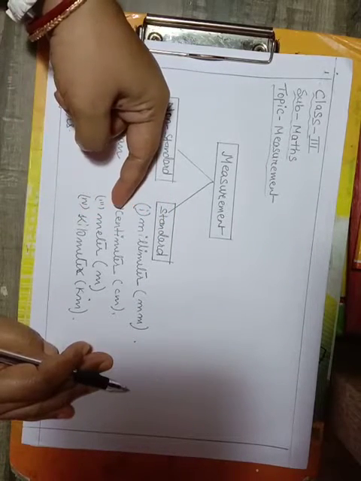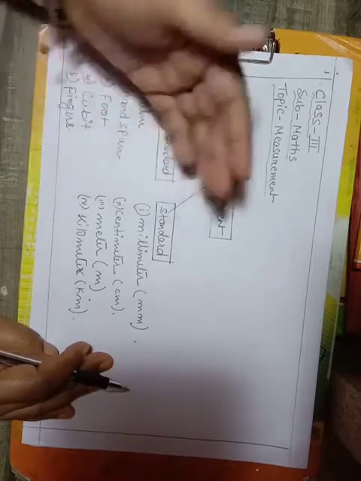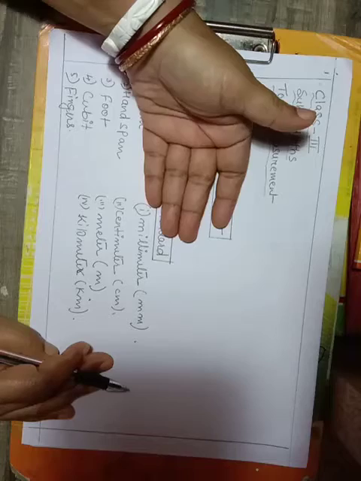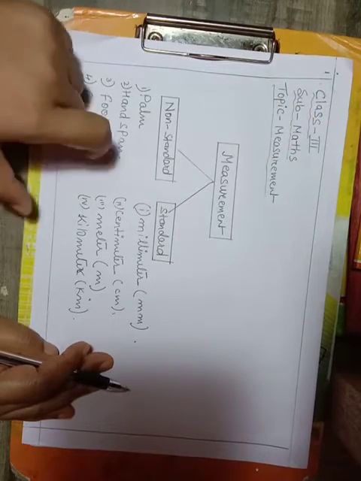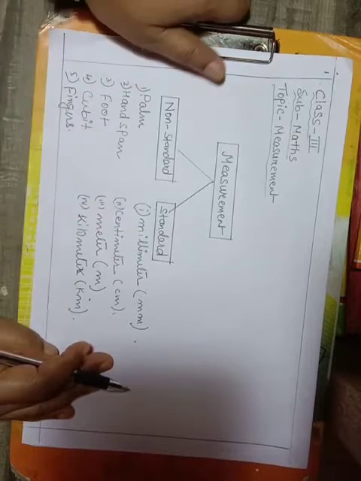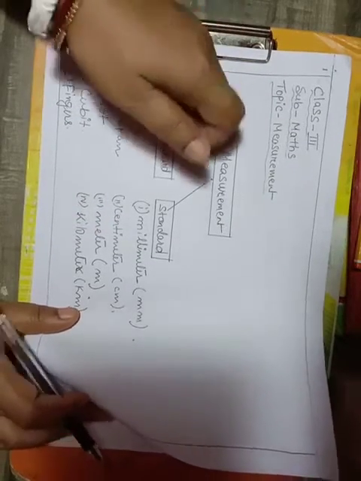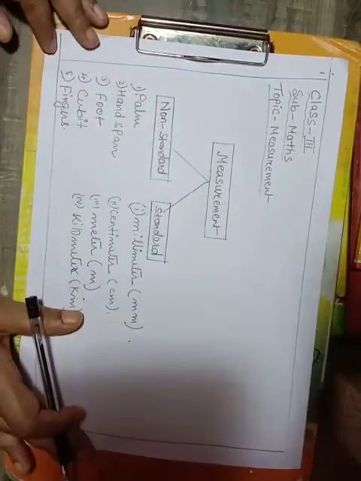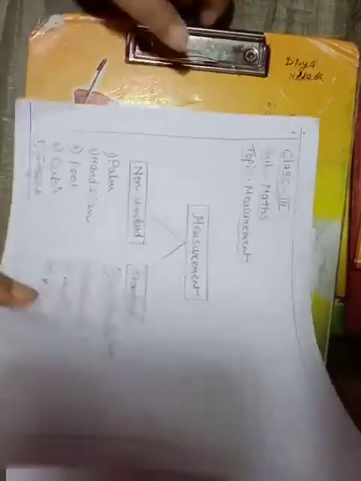How many centimeters make 1 meter, which side of the scale is used as centimeter, and how many divisions make 1 centimeter, all these things we will be learning next. That is how we will be using a scale to measure different objects. We have done this or not, my dear children? Yes, all of you have said yes, we have learned, Didi.